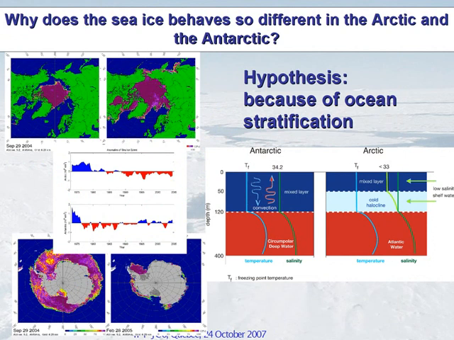But this is not the only way the polar oceans are important for the global system. The polar oceans are covered by sea ice. And we are faced with the interesting behavior that in the north we have a dramatic shrinking of the sea ice cover and its thickness, and in the south there is really no trend to see. We think that an important reason for that is the different type of stratification in the ocean below the sea ice, and that's why we are studying this ocean.